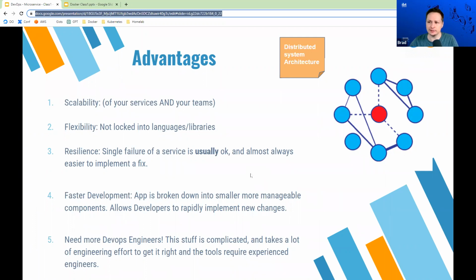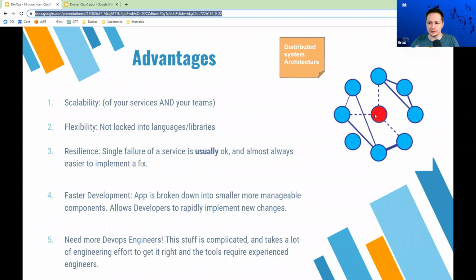We also get resilience. So if a single microservice fails, then likely it's not going to affect the entire system. Now, that isn't entirely true, because sometimes you have a microservice that lots of different microservices become dependent on. That's something you want to avoid, but these things sort of get built in everywhere in any type of complex application. But the key point is microservices usually prevent what's known as a single point of failure.